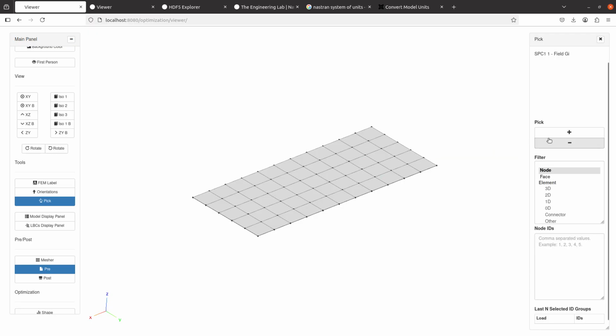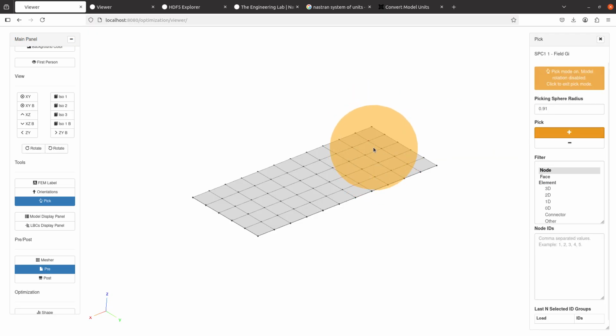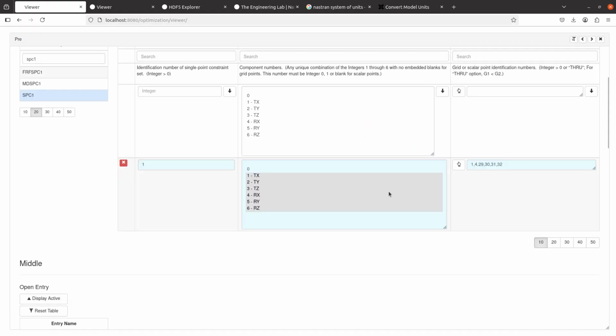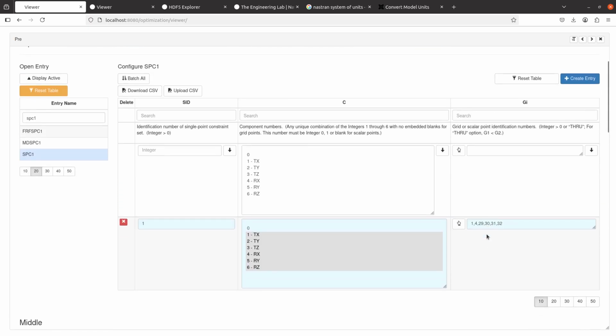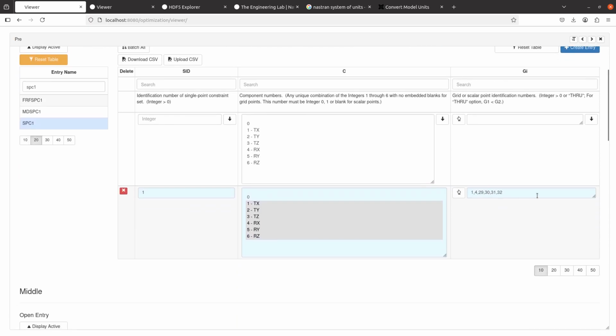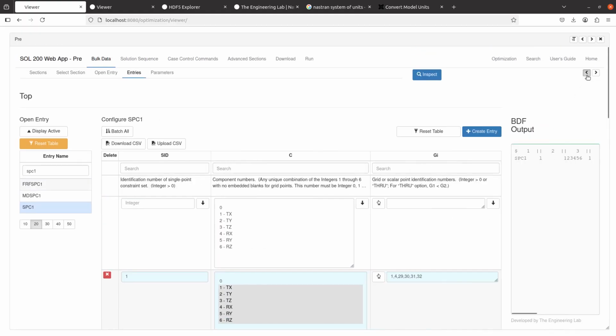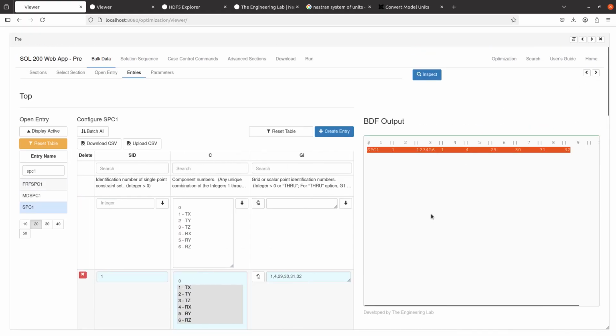One thing you'll notice a moment ago, the picking sphere selected a lot of nodes. You can adjust the size of the picking sphere, so I'll make that 0.1 inches for the radius, and then I'll go ahead and drag and select these nodes on the edge, and then I'm done. We'll go back here, and you'll notice a few things. You'll notice that the list of node IDs has been updated, and the corresponding bulk data entry has been updated